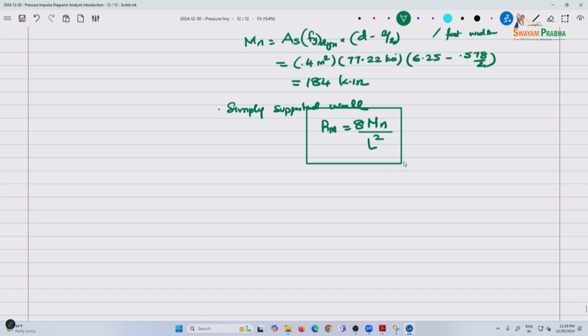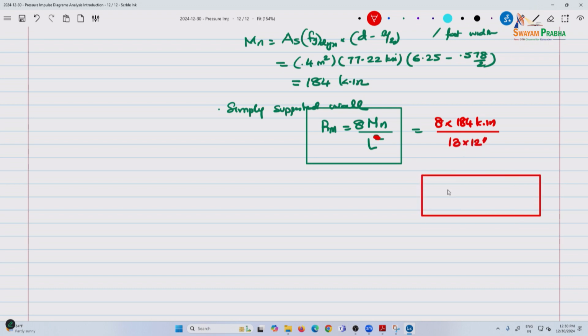So, this comes to 8 times 184 kip inches divided by L, which is 13. So, what we get here is Rm is equal to